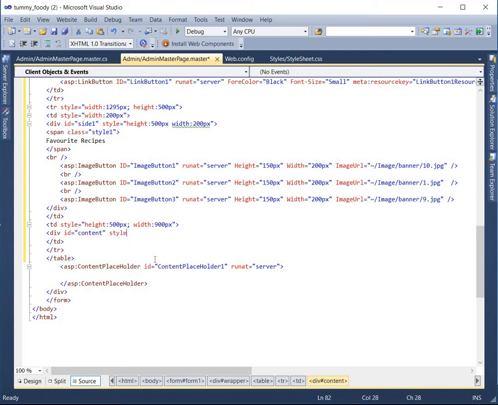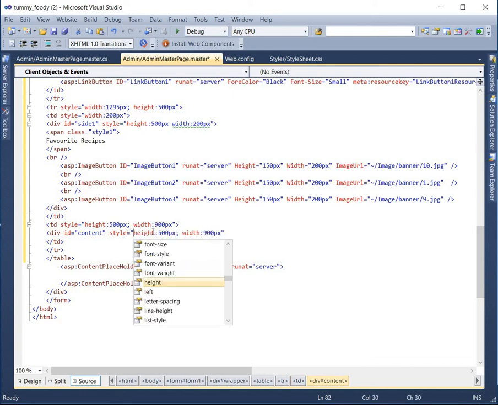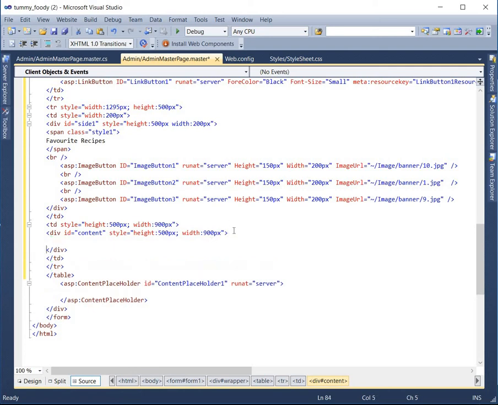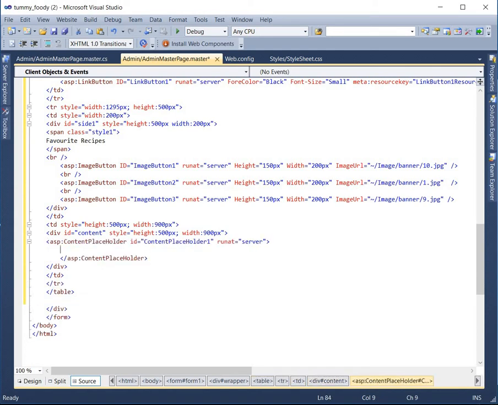I'll just provide a height and a width as well. Height is the same, it's just that everything's the same. Now I'll use the same content placeholder which is by default on the page. So I'll use this over here. Okay. Now coming to my third column,